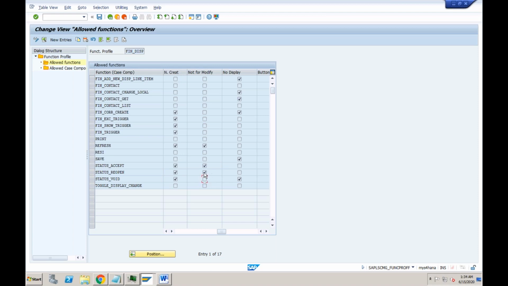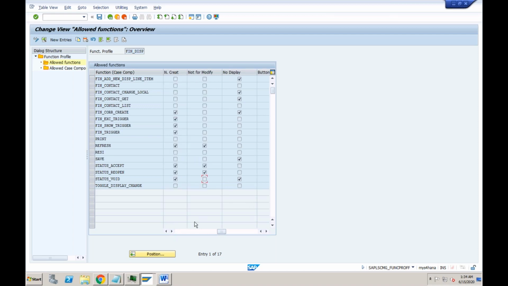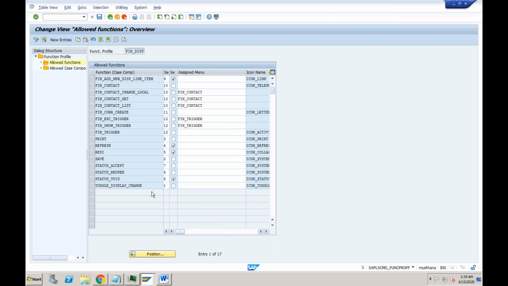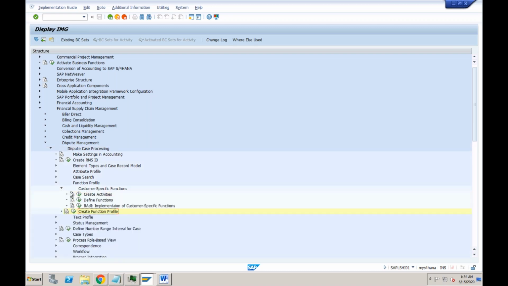But that tick or untick, I cannot do from here. If I want to do this tick or untick, I have to do it from the other activity, from function profile, define the functions.